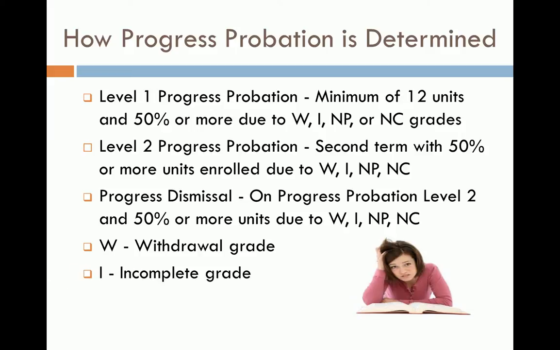An I is an incomplete grade and may be assigned by an instructor in certain instances when an unforeseeable emergency or life circumstance directly impacts a student's ability to be successful in a course. When an incomplete grade is received, students have 1 year to complete the coursework that the instructor requires of them. At this time, a second letter may accompany the I on a grade report, for example, IF. This second letter of F represents a default grade the student earns if no additional work is completed after 1